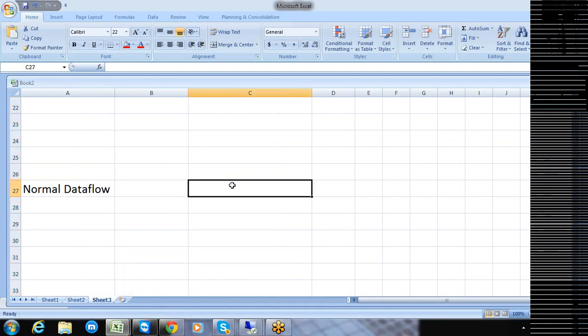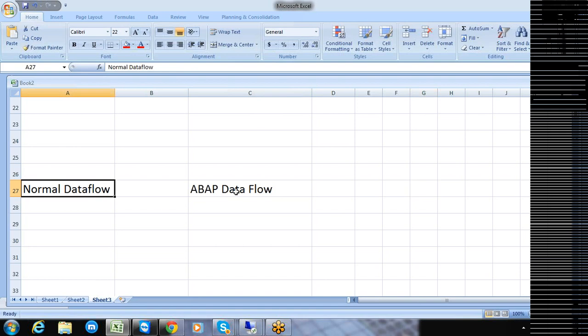A data flow is nothing but the ETL process that we basically build. These are the two things that we need to understand.